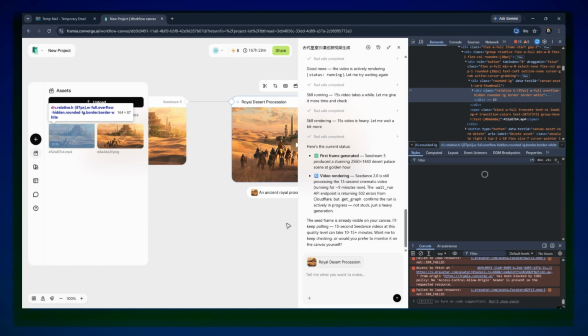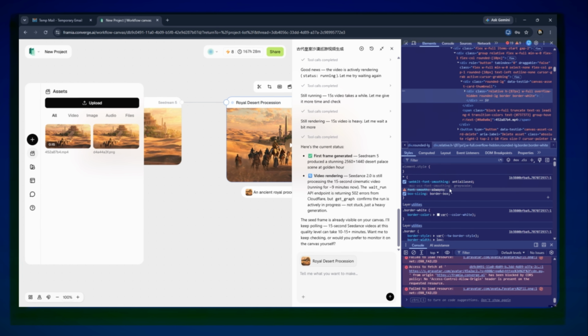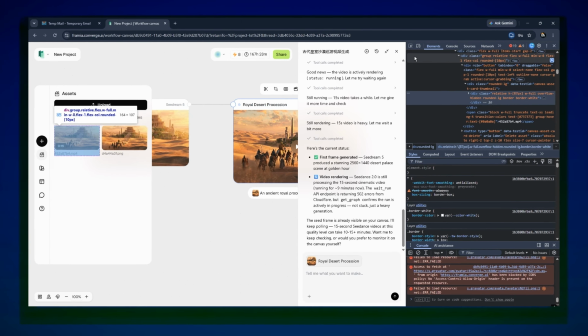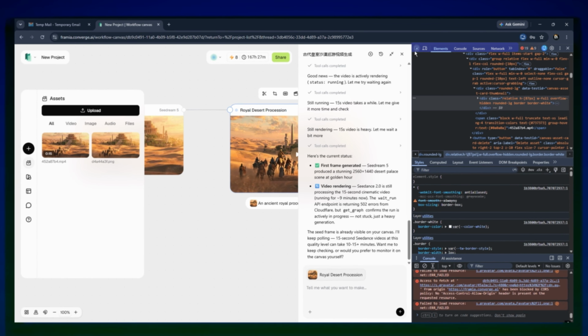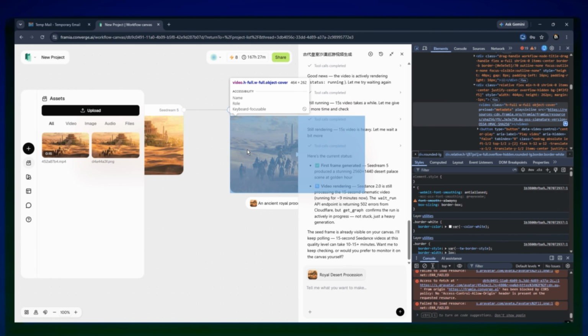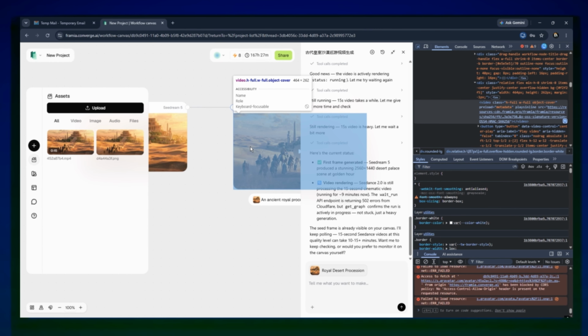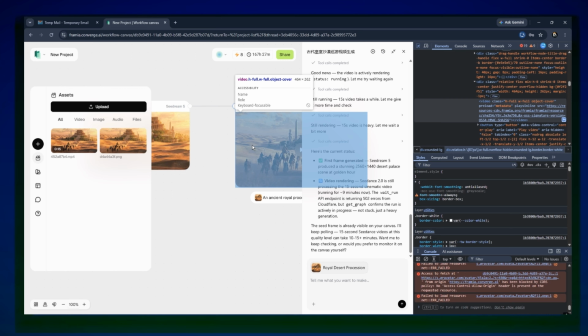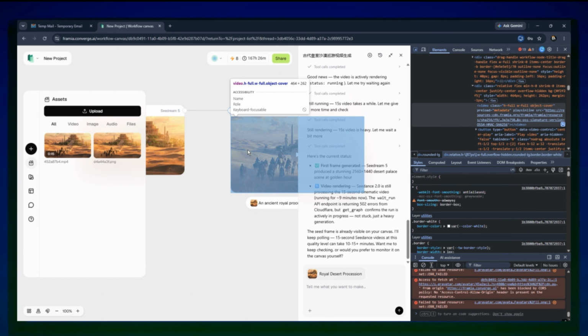This will instantly open up the Developer Tools panel on the right side of your screen filled with website source code. Do not panic if you do not know how to code because this is incredibly simple. In the top left corner of that Developer Tools window, click on the small arrow pointer icon, which is the Select an Element tool. Now gently move your mouse back over the actual video playing on your canvas and left-click